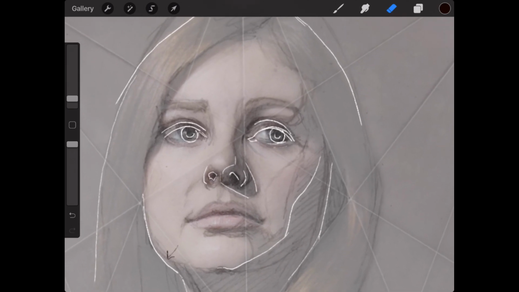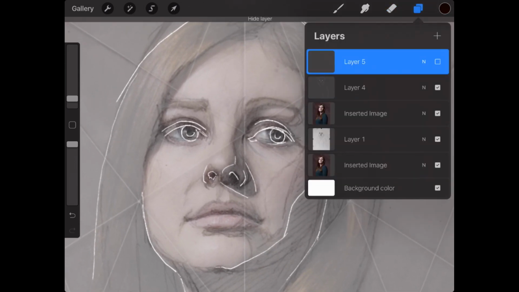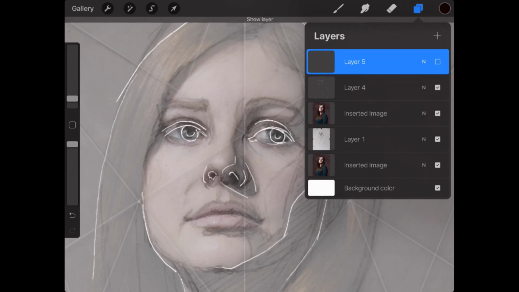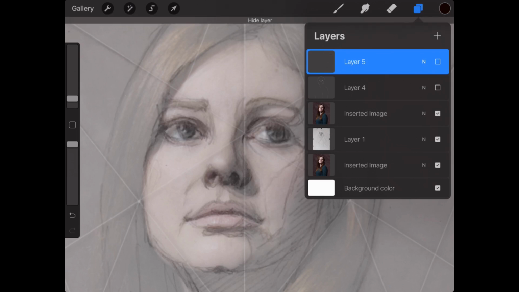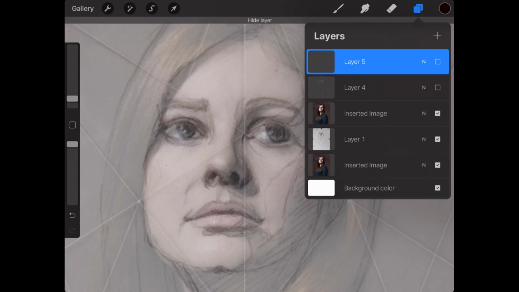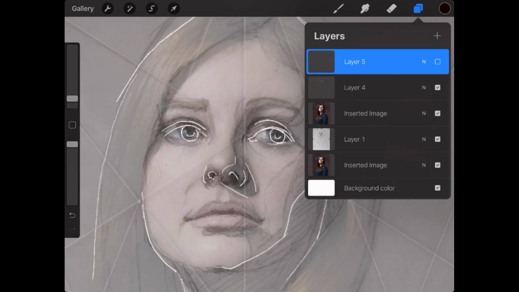Moving into the features, I think, let me move this here. Yeah, so what I saw was that your eyes felt a little large, which is making her look younger. But I think it's actually that you just need to clarify a little more where that inner rim and where the eyelid sits.